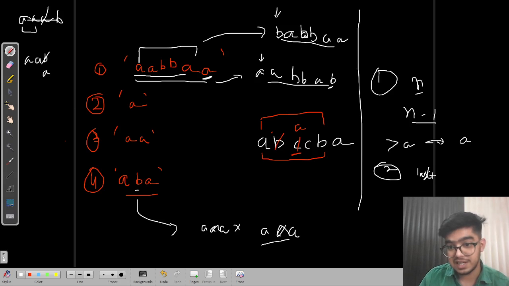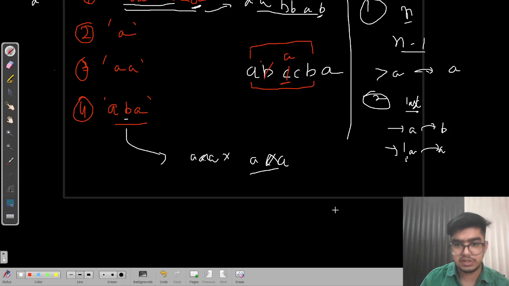So let's suppose nothing is changed between 0 and n minus 1, so what you should do for the last element is check: if it is a, convert it into b, and if it is not a, then convert it into a. So these two conditions are clear.